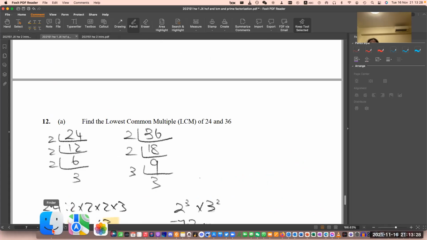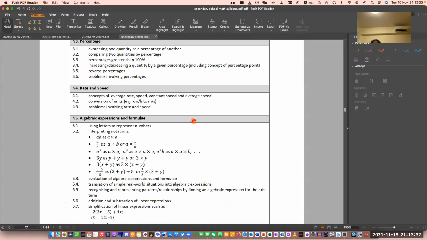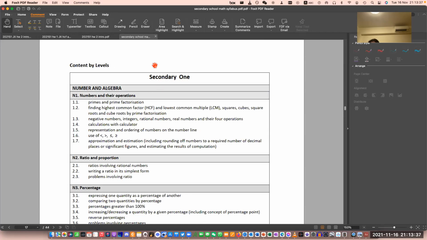If we look at our secondary school syllabus, you have understood this one very well, and this one very well, this one also very well. Done, done, done, done. And probably this is something I want to talk about, the square root and then the